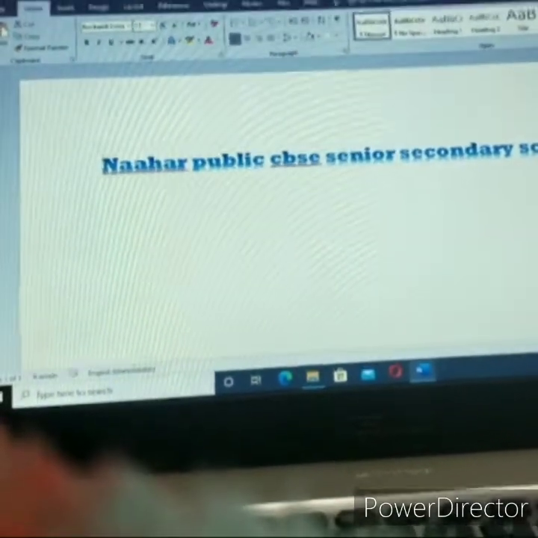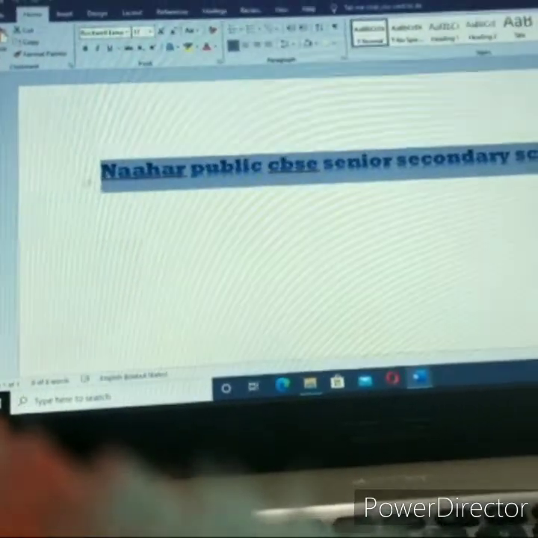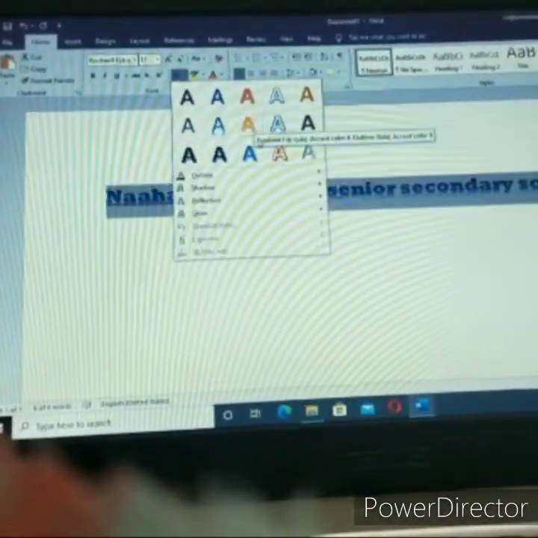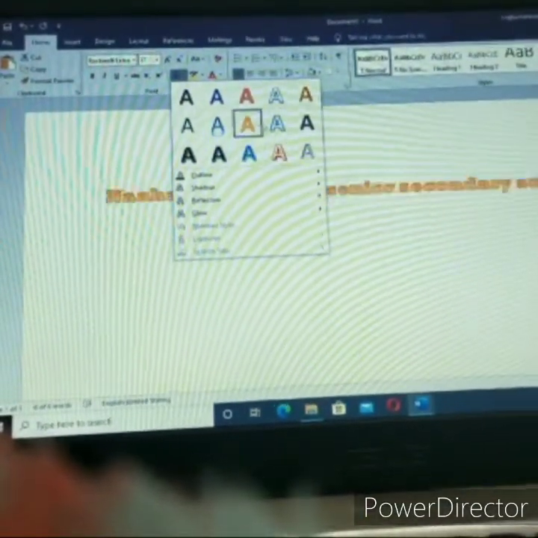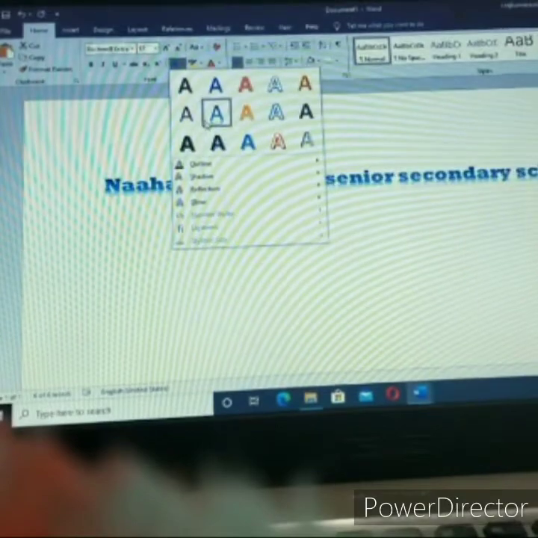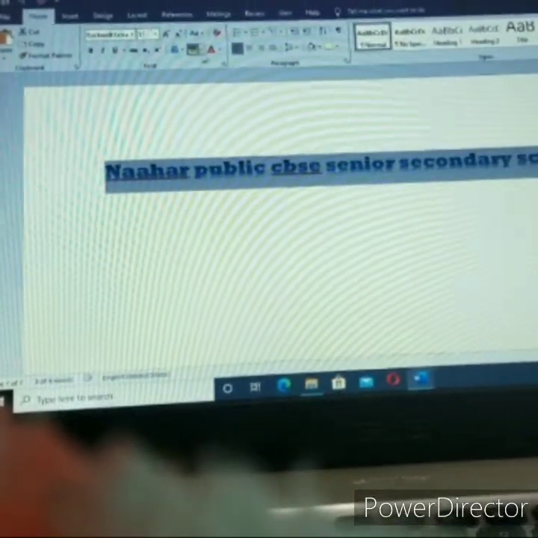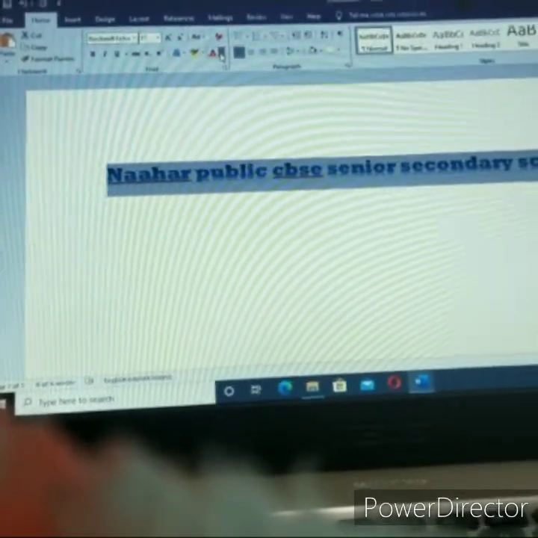This is one type of option to edit your text in a very effective manner. With the help of these options you can create an attractive page.